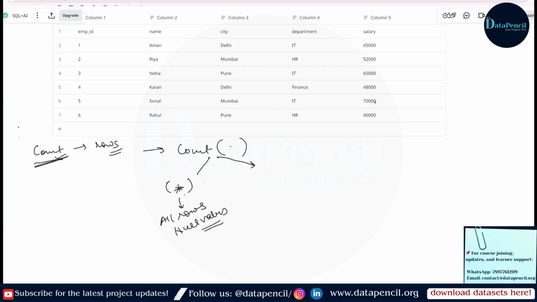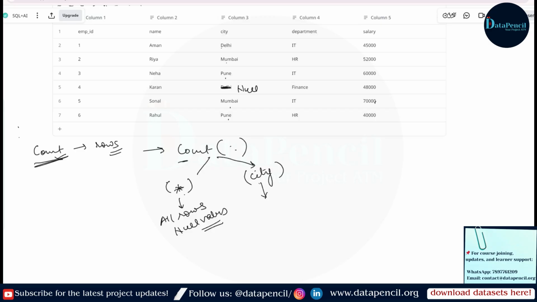If we are not writing star, and we mention any column name, suppose we have mentioned city inside this parenthesis, then what will happen? It will count only those rows where there is no null value. It means it will count all such rows where city is not null. If suppose here it is written null, then if we use this count function, the answer will be 1, 2, 3, 4, 5.